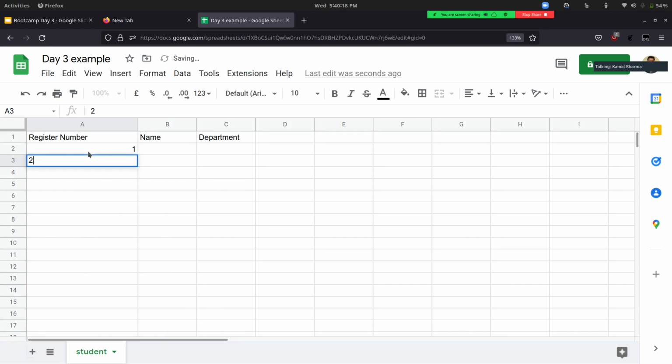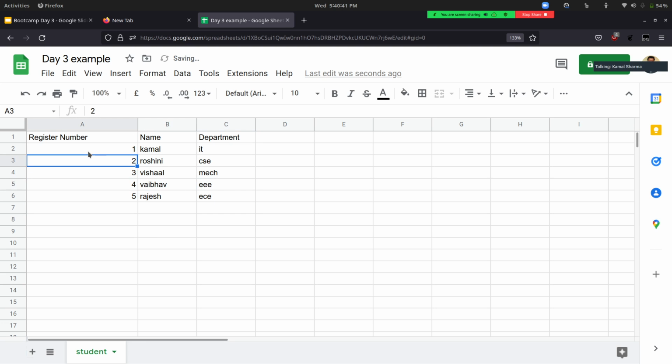I'll add 1, 2, 3, 4, 5. For names I'll add my name, Roshini, Vishal, Vaibhav, and maybe Rajesh. And let's say I'm from the IT department, she's from CSE, ECE, MEC, and EEE.